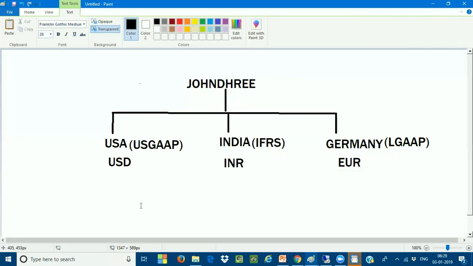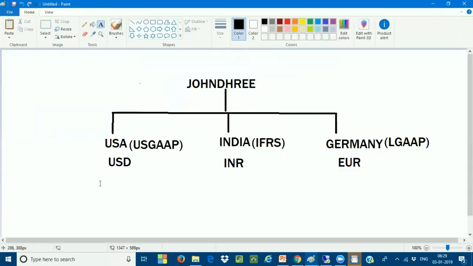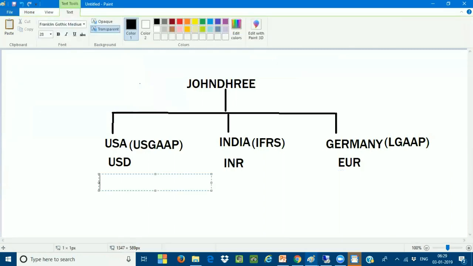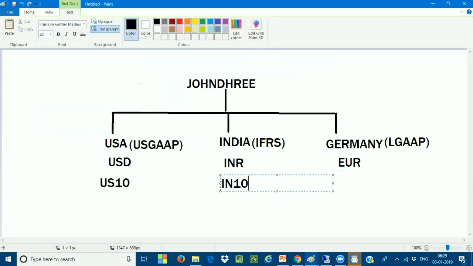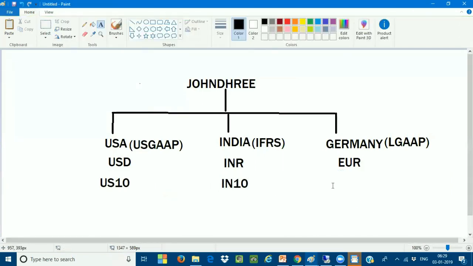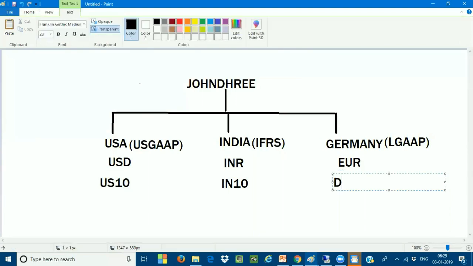Now, I want a separate company code. So US10 is the separate company code for US, IN10 is the separate company code for India, and DE10 is the separate company code for Germany. So I'm going to be using 3 different company codes. For each and every company code, I am assigning a currency, which is called the local currency.